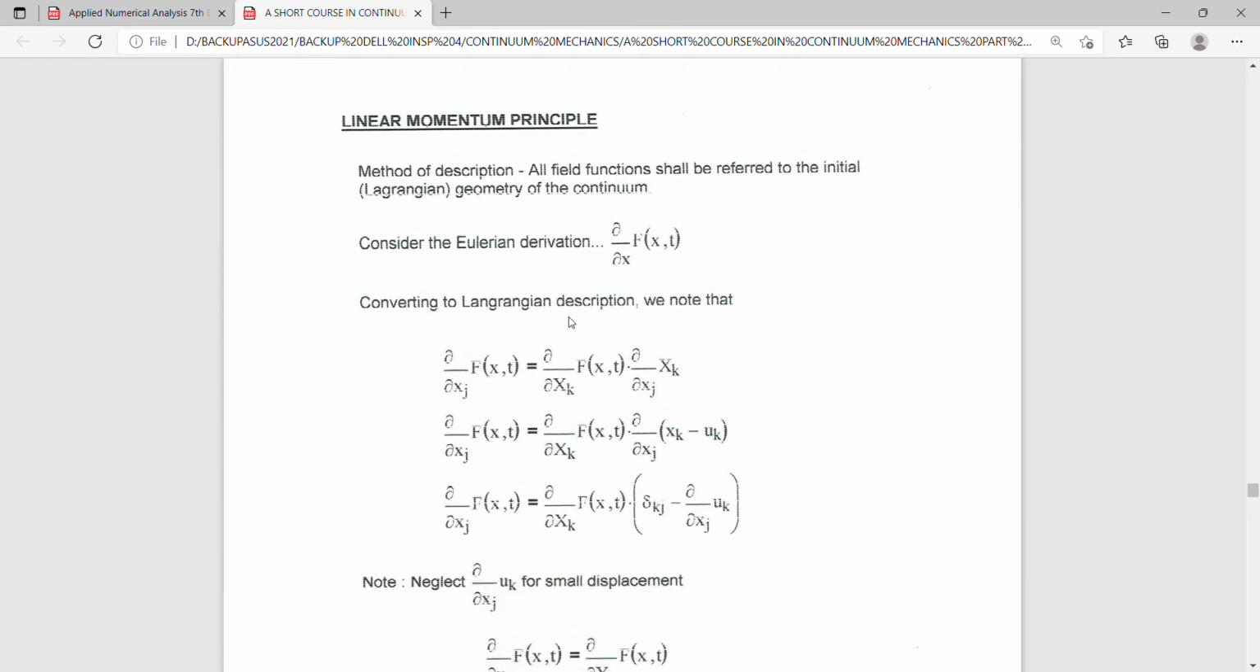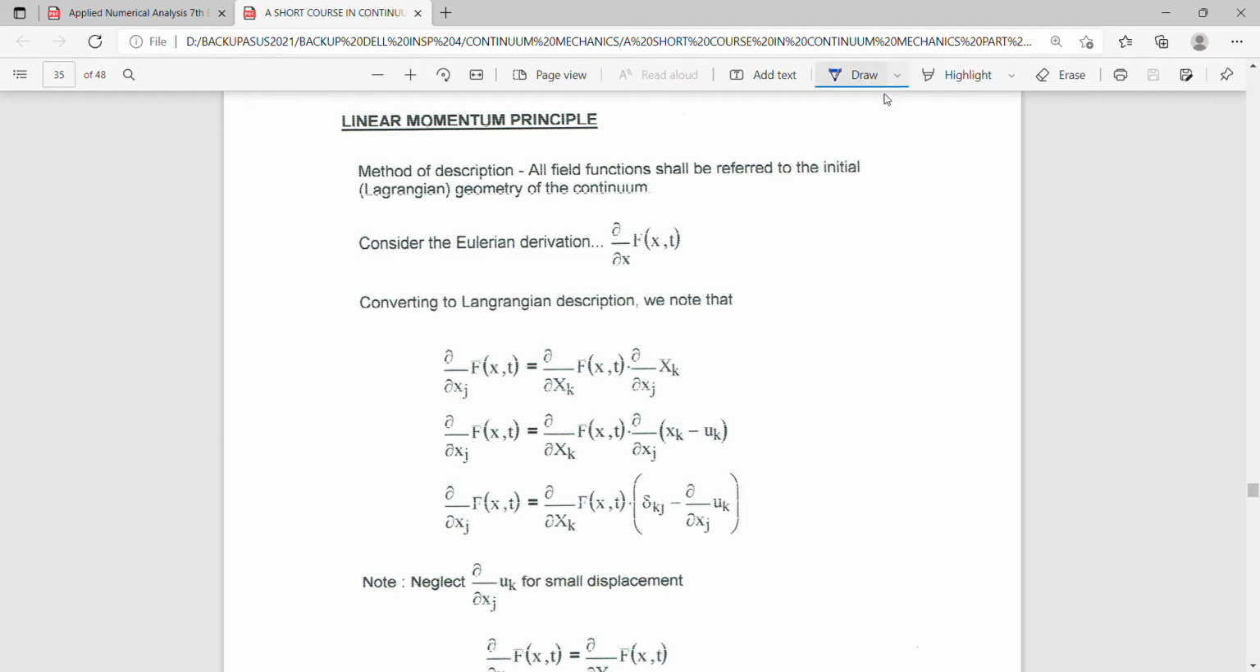Okay, so if we consider the Eulerian form and converting it to the Lagrangian description, we take note that we simply make use of a chain rule approach here to come up with a capital X here. Okay, so we just apply chain rule